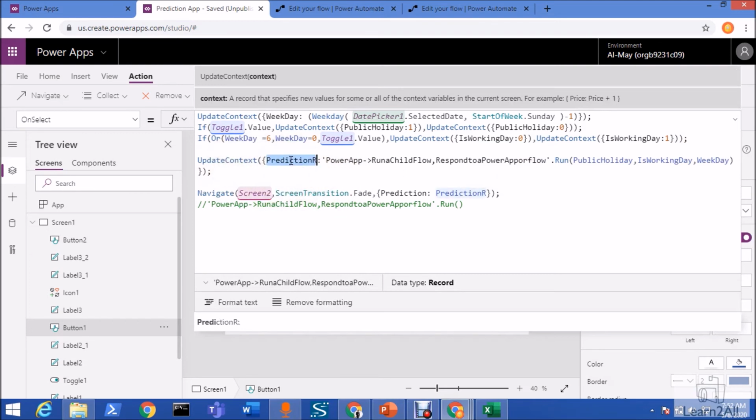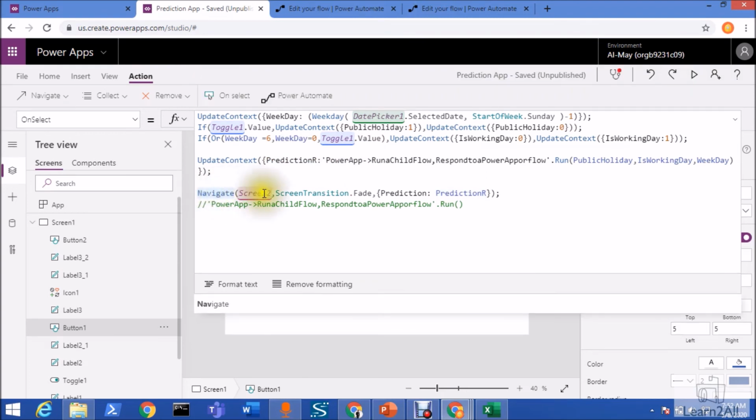Whenever the flow returns a result, it would be stored in this prediction r variable, right? And at last I have a function, navigate screen to screen transition dot fade, and I'm passing this prediction variable over here, right?